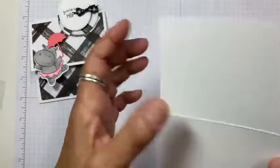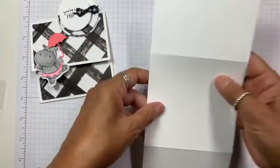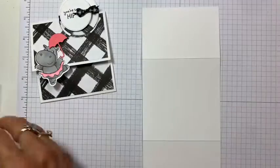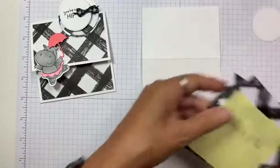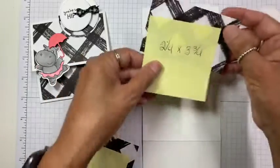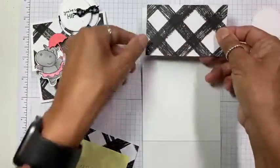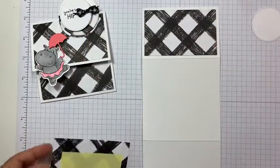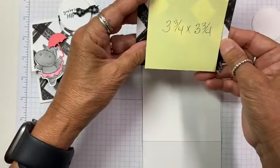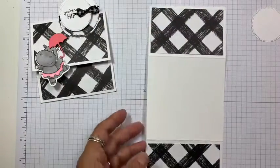Okay, and now we're going to go to the front of the card. See our nice score lines there now. And we're going to take our designer series paper. We have 2 pieces. The smallest one is 2 1/4 by 3 1/4, and that is going to go right here. And then the largest one is 3 3/4 by 3 3/4, and that is going to go at the bottom,